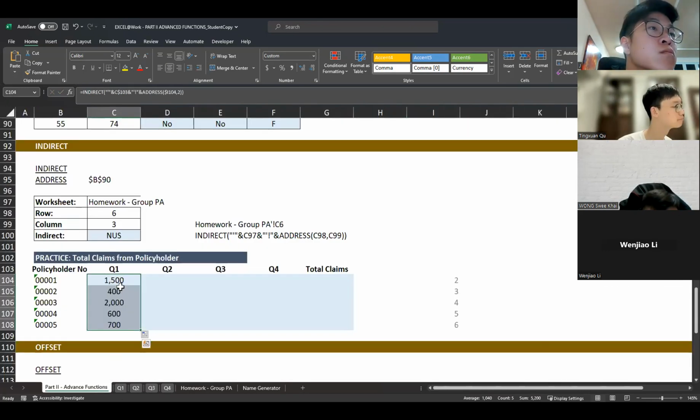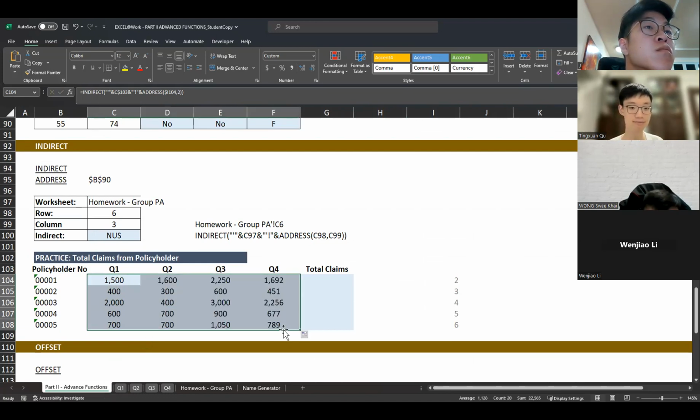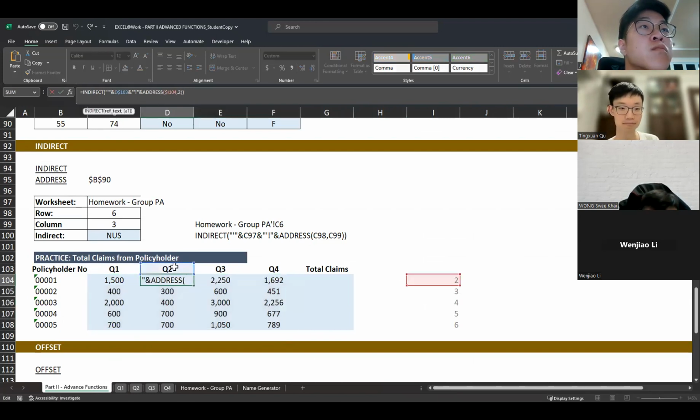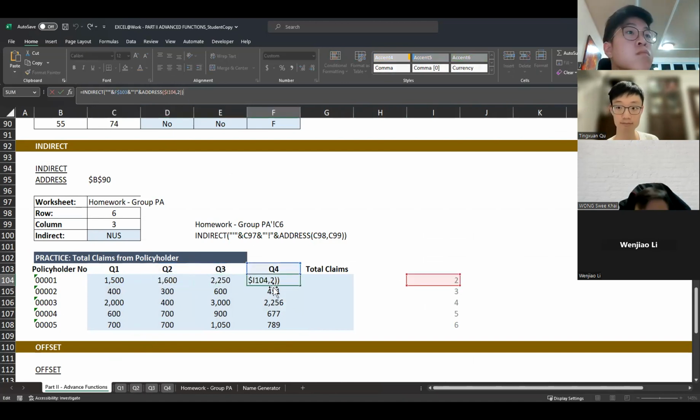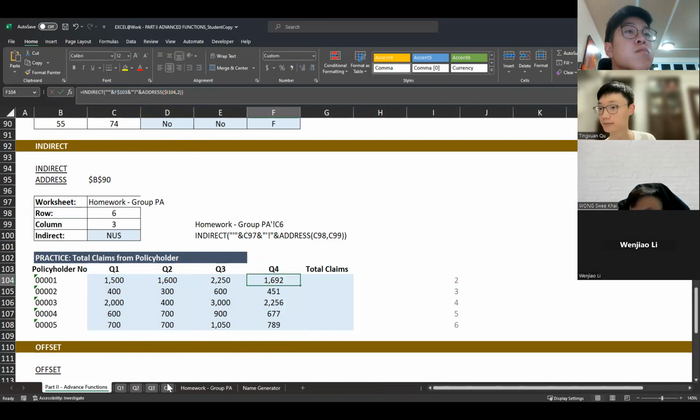It helps to compile different similar sheets together into one table for you to reference easier. And I drag this over. This will reference sheet Q2, which is this sheet over here. This will go to sheet Q3 and sheet Q4, and they'll go to their own respective sheets and grab out the different values that you need.